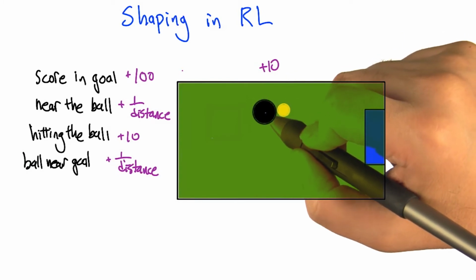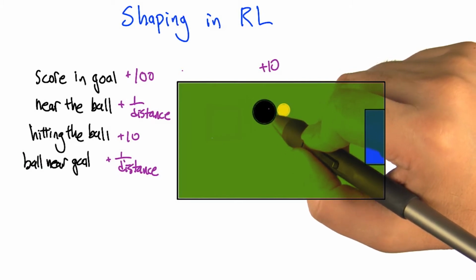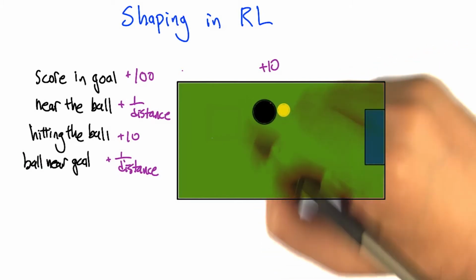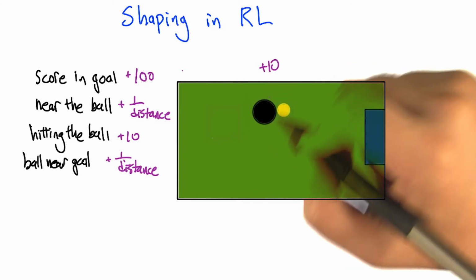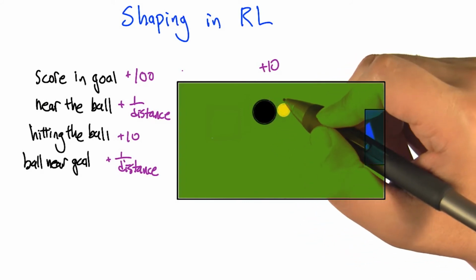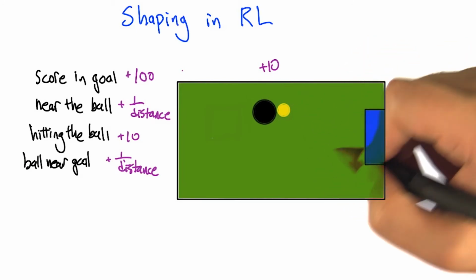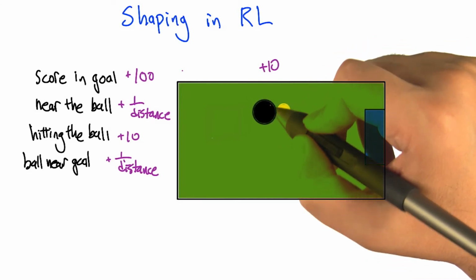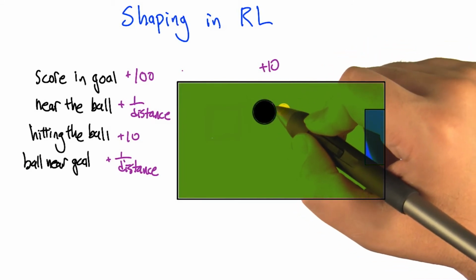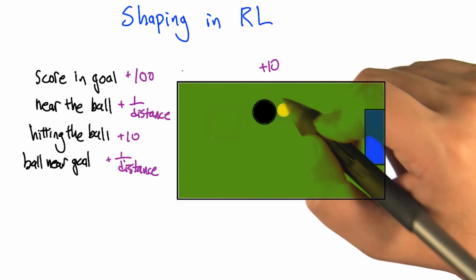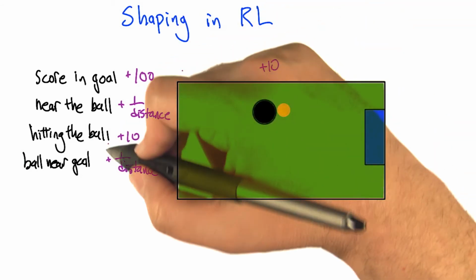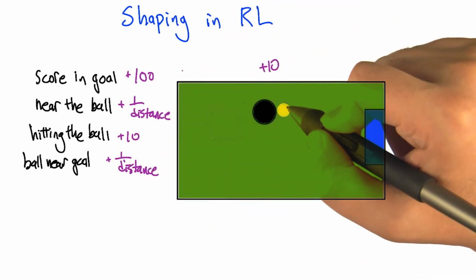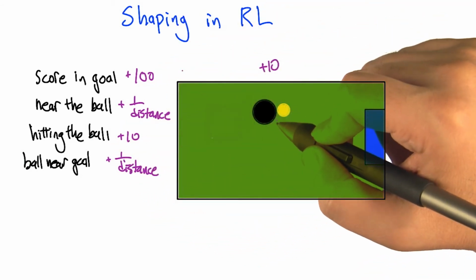And in fact, really what you want to do is go up to the ball and just shiver, right? Just vibrate back and forth so that you just keep getting +10s over and over and over again. You can make a lot more money that way than you could by scoring the goal, because you can do this 30 or 40 times a second if you're a good wiggler. And so even though this additional shaping information that we're defining is giving good hints, it's also creating